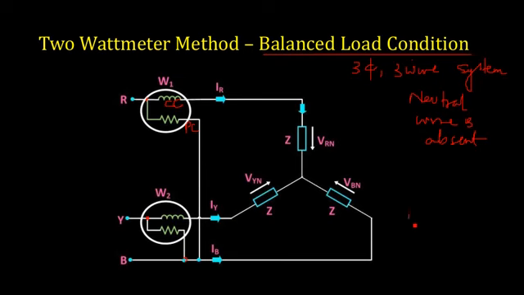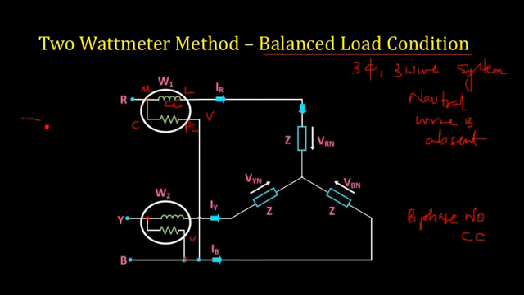So here you can see that in B phase there is no current coil connection. You only have the voltage points. Okay, so we have M, L, then you have C, B, the voltage points of both the wattmeters W1 and W2. So here also you have V. So you are bunching the V together and connecting it to phase B, where you have no current coil connection. So that is how you make the connections.